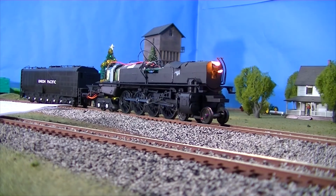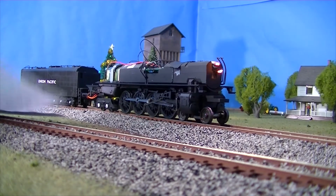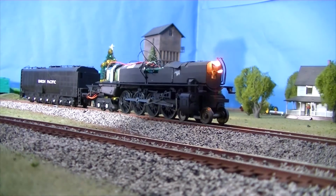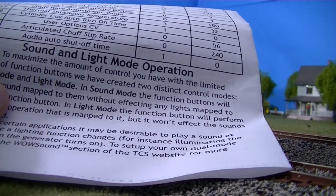So you have to go into the sound functions to do your sounds, which takes you out of the lighting, and I don't really care for that. And according to the manual, you cannot remap the lighting function to a sound function button. So that's just what the manual tells me anyway. So this has been an interesting